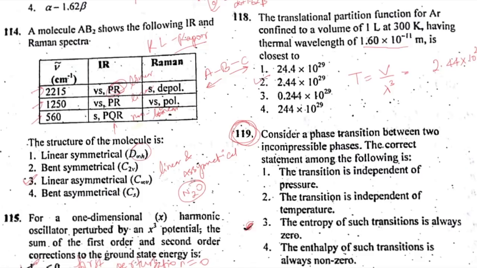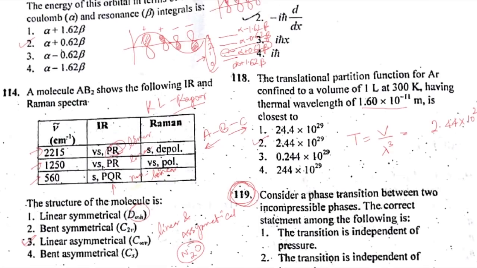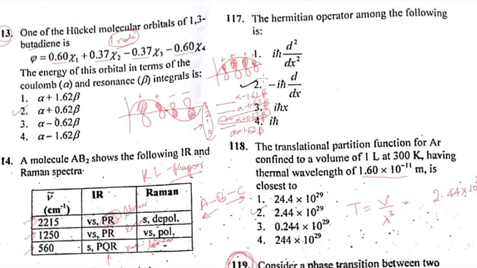Right, so these were the questions on this particular page, and one more is left from quantum, that is for the Hermitian operator. This was the easiest one. Over here you have different options, but this operator is your momentum operator. The momentum operator is Hermitian, you all know. If you have practiced questions on the basics of Hermitian operators, then only you would have done this question. Also, in the video which I made on the Hermitian operator, if you have watched that video,